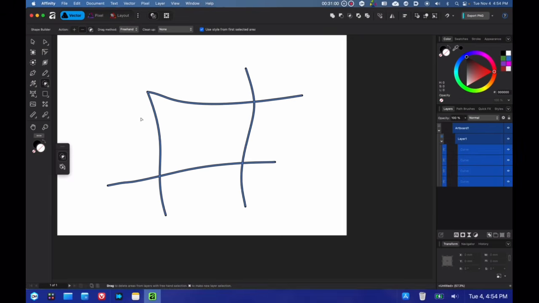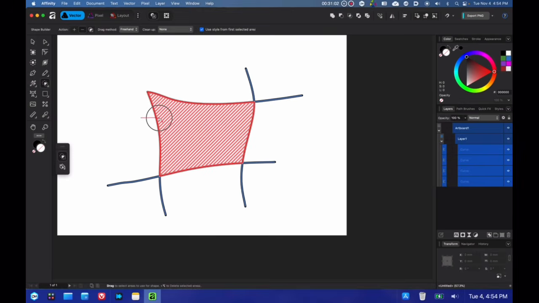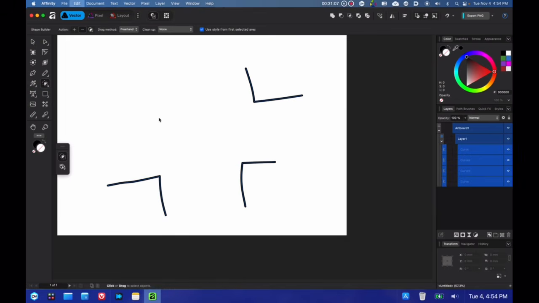But if I try deleting this line, see what it does? And the reason it does that is because the 4 lines that I had intersecting are creating a closed region, and the shape builder tool is for adding, subtracting, and intersecting shapes. So I don't want to do that.